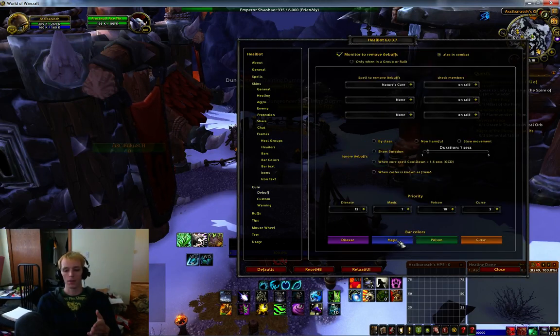Debuffs, so I have it set up to where when somebody gets a debuff, their entire bar turns blue, so the health bar turns blue, and I know they have a debuff, and so all I have to do is just hover over them, press Control left click, and that's my dispel, and they're dispelled. It's as simple as that, where any other healer would have to first somehow identify that person had a debuff through whatever means, then they would have to click on that frame, and then they would have to click whatever keybind, where I can very plainly see someone has a debuff, and all I simply have to do is